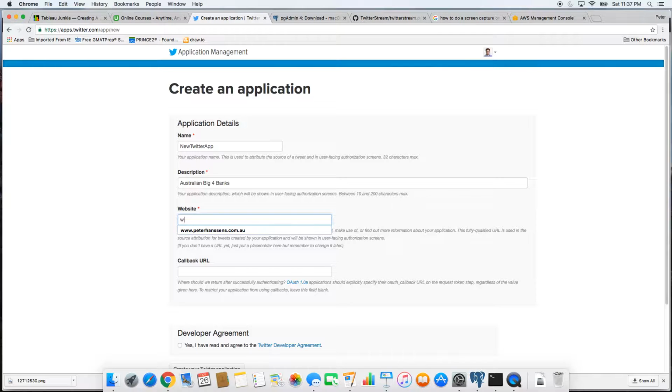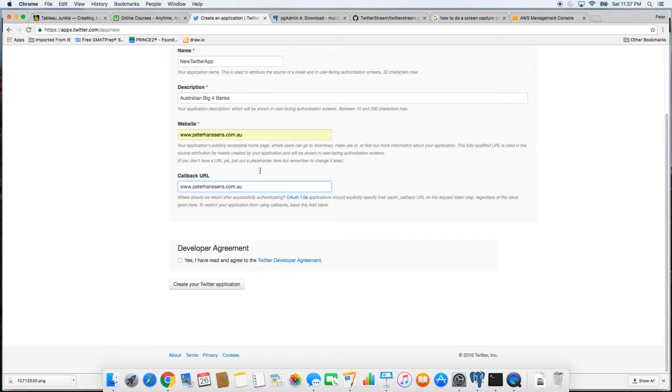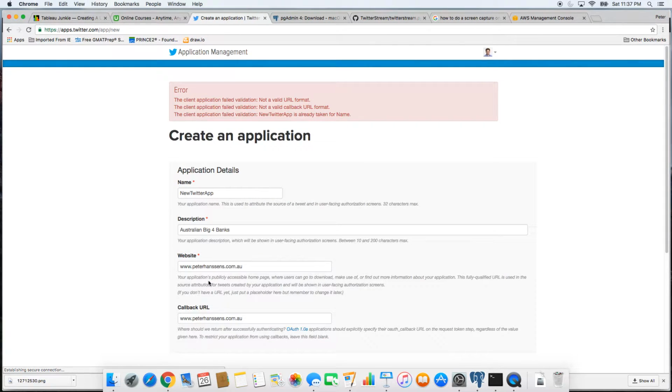For the website, I'll just put my own website, peterhansons.com.au, and I'll just put the same callback URL. I don't think it really matters. If you find that it does, please let me know, leave a comment, and I'll have a look into updating it. Okay, so,